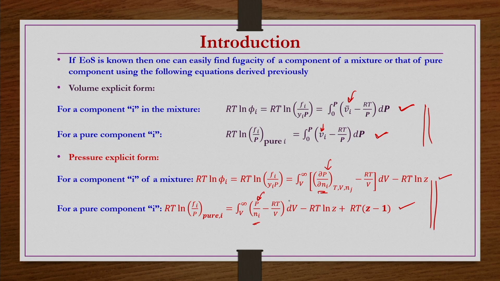If it is the virial equation of state, then you can substitute the corresponding expressions here and get the required fugacity information. For the virial equation of state also we have seen how to obtain the virial coefficients from the intermolecular potential as well as the corresponding state theory. So, that means we have almost all the information in order to find out the fugacity of a component i in a mixture or the fugacity of pure component i in pure form. So, those things we can do now.